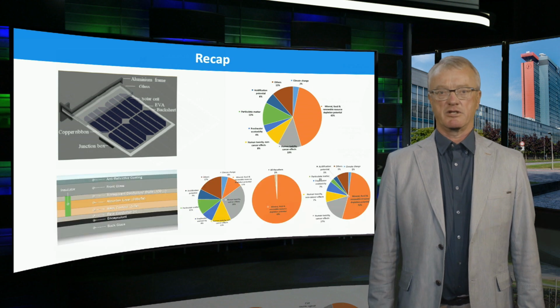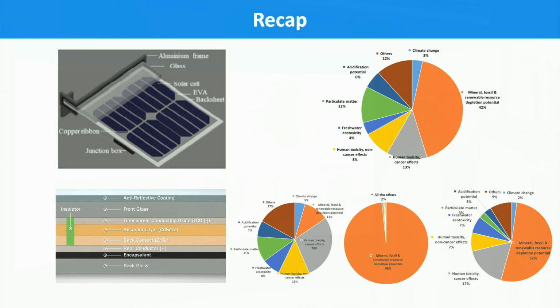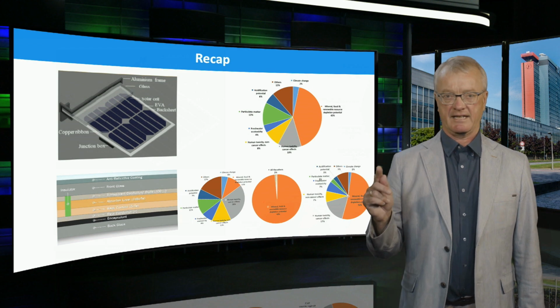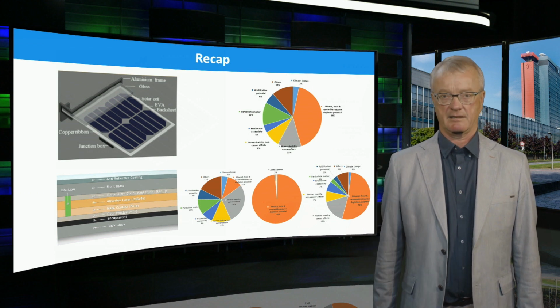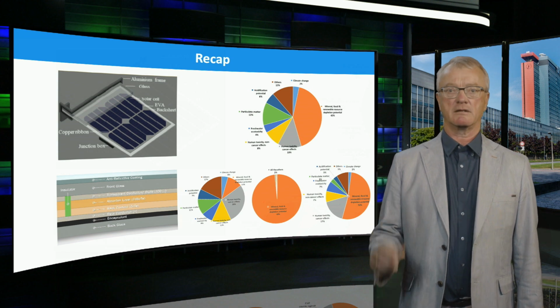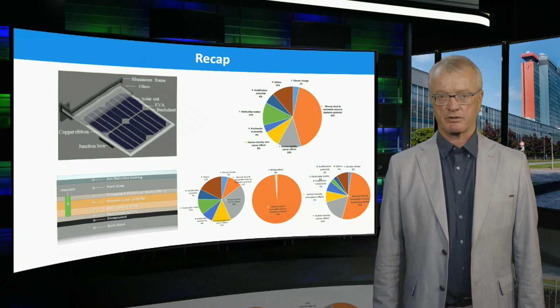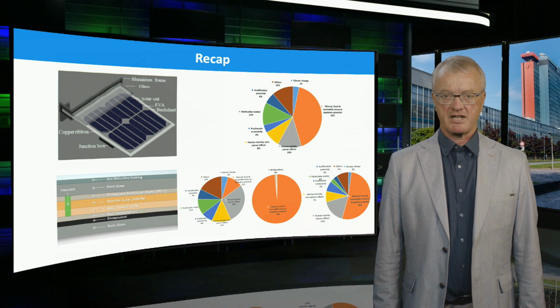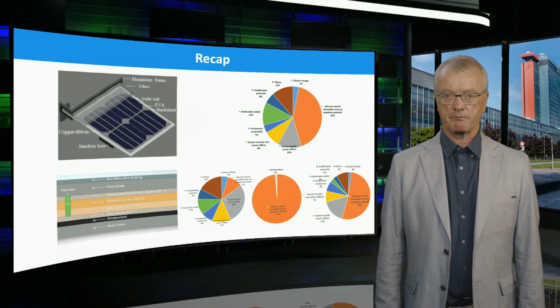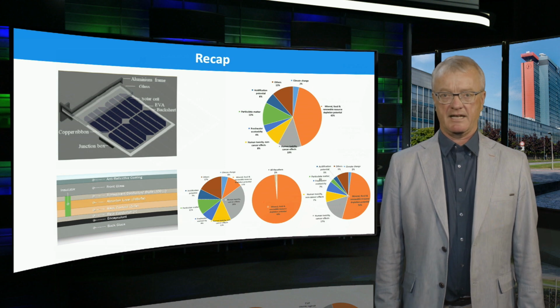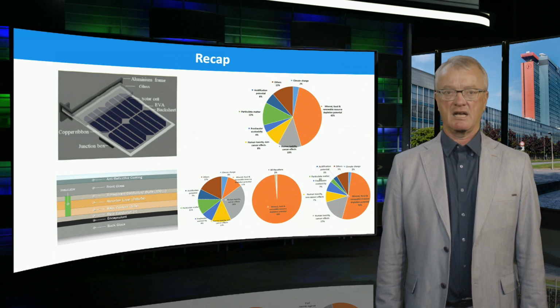In the second part, we spoke about the case of thin film PV. The utilized materials include glass, polymers, cell materials, and balance of system components. The latter two contribute the most to the environmental impact indicators. Due to the indium use in CIS and cadmium and tellurium use in cadmium telluride technologies, high mineral, fossil, and renewable resource depletion potentials are observed. The large share of balance of system components for thin film PV should also be discussed, as they could possibly lead to toxicity and human cancers.